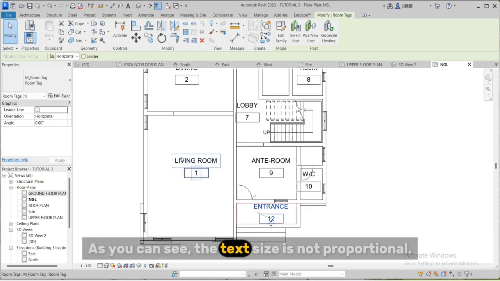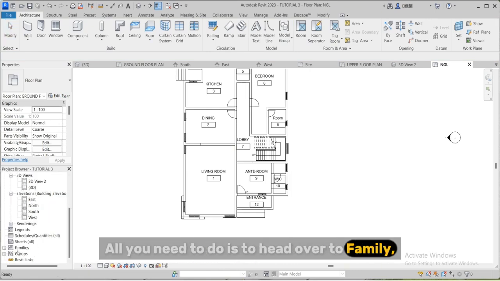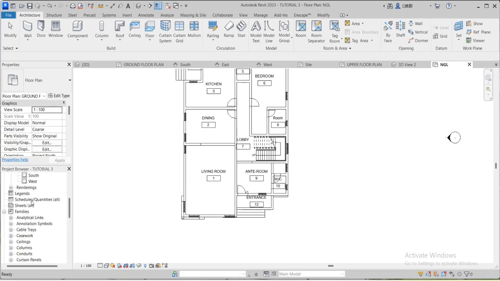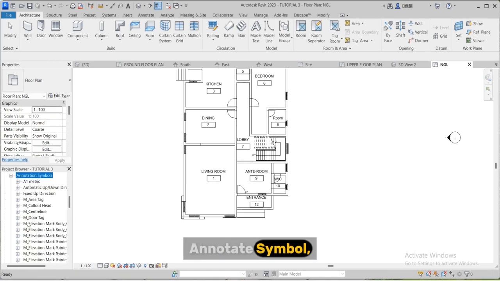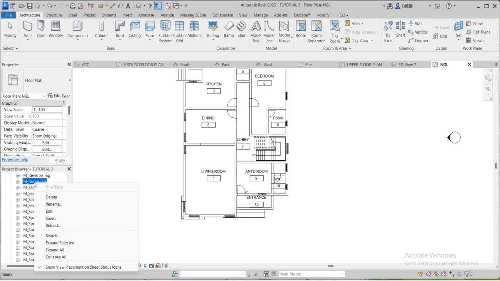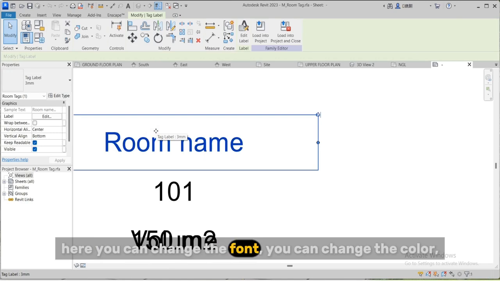As you can see, the text size is not proportional. All you need to do is to head over to family, select room, annotate symbol, select room, room tag, edit. Here you can change the font, you can change the color,